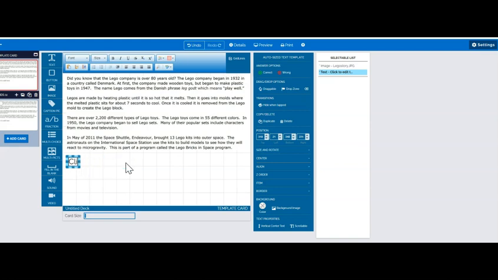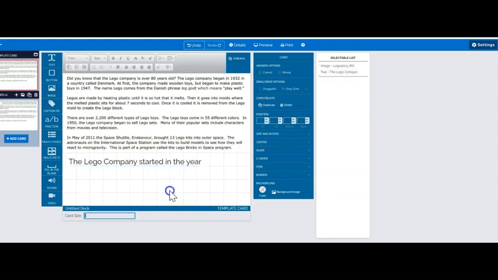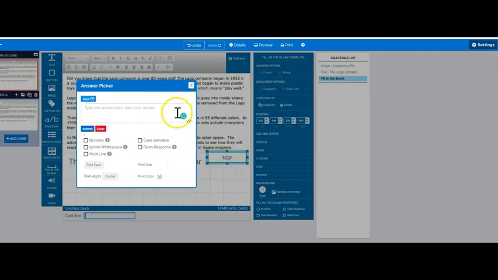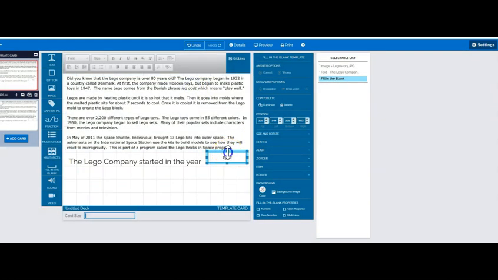And then it will be: the Lego company started in the year, okay, and then fill in the blank, 1932. Oops, 1932. Submit and exit out. So that's our answer, but it doesn't show